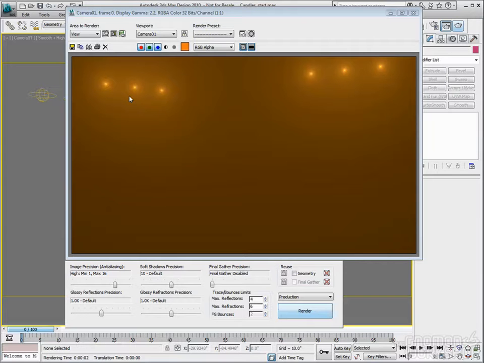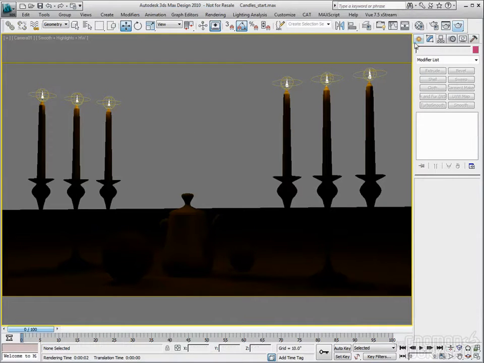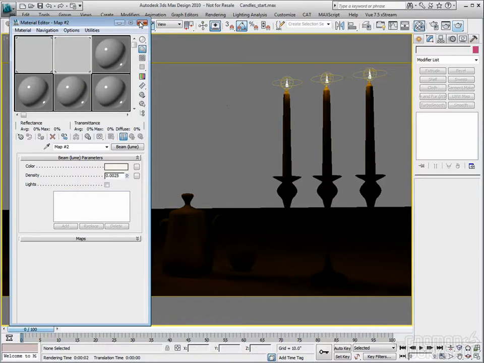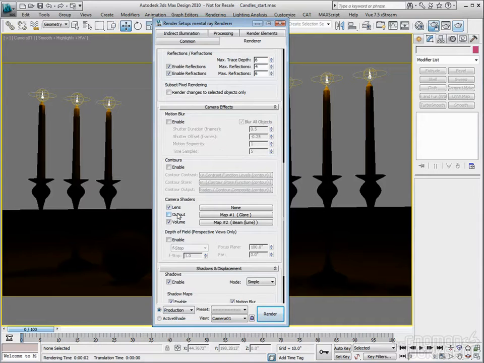Now, doing this actually made me think of something that I wanted to mention when talking about the glare shader. So what I want to do is go back to that for just a second. Let me unhide all here and come back into the render settings. Let me cut and get rid of that one. I want to go back to the glare